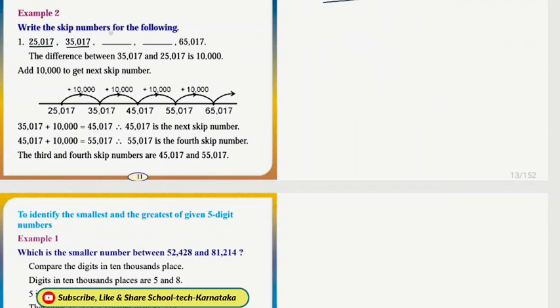So how do we find the difference between these two numbers? We subtract this and this, and the result that we have is 10,000. How do we get 10,000? 35,017 minus